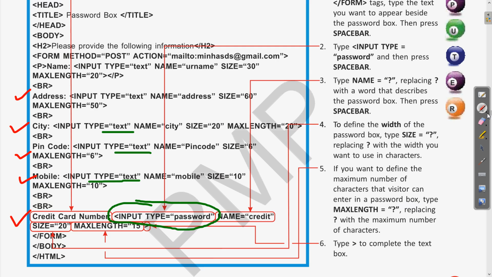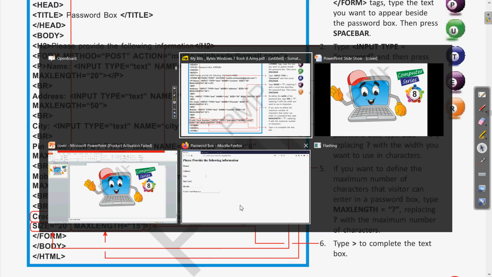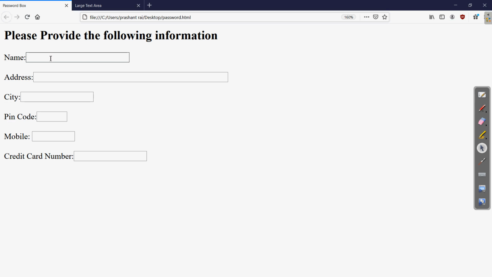Let us see the HTML page which we have designed for this. Here is the page which we have designed. Whatever information, name, if you are writing, this is in the form of characters. In the address also, whatever information we want to write, this is appearing to us. City, clear? So all this information which we are writing is being shown to us as well. But if there is some information which is confidential, for that the credit card number we have taken, here we have taken the type as password.